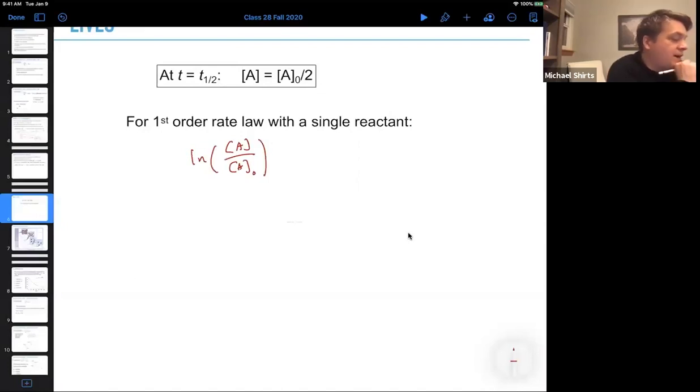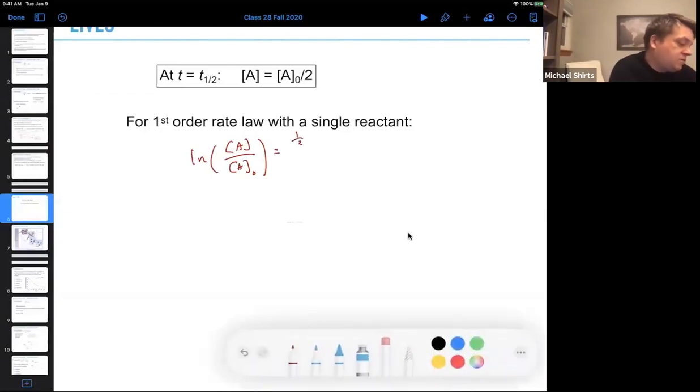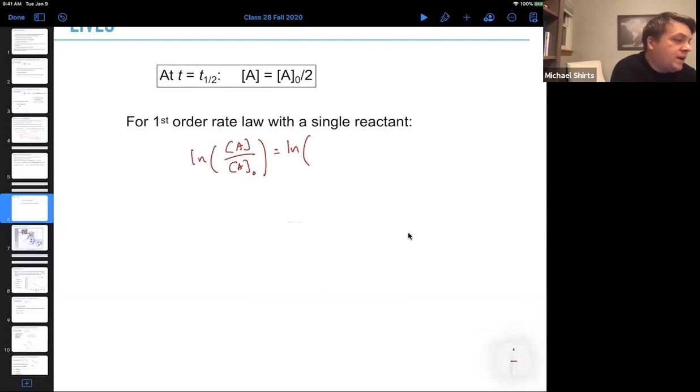Well, A is 1/2 of A0, so let's write it as log of 1/2 A0 divided by A0. Well, that's clearly log of 1/2, which is equal to minus K